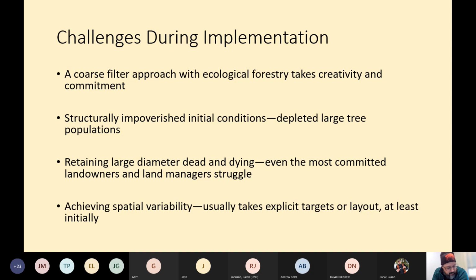Okay, so coming to the end now. One of the things that I want to acknowledge is that using this sort of a coarse filter approach, it's hard. It takes creativity, it takes commitment, it costs money. We're talking about leaving more things behind structurally than we would have otherwise, and those are real. Sometimes it means some training. It might mean lower production rates. Those things can be mitigated and improved through time, but